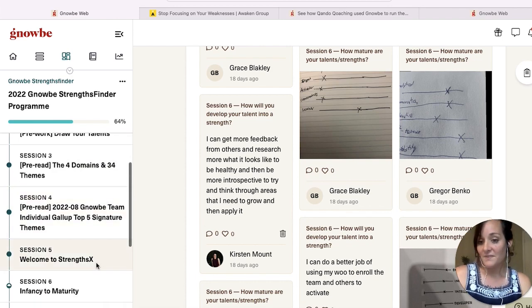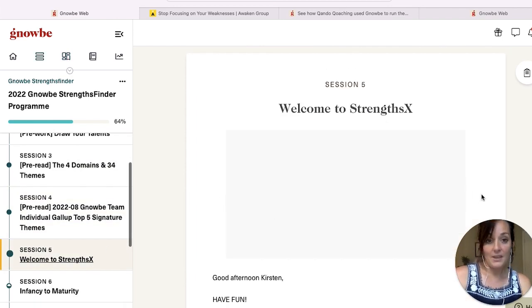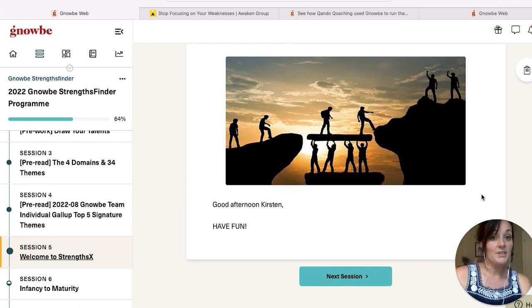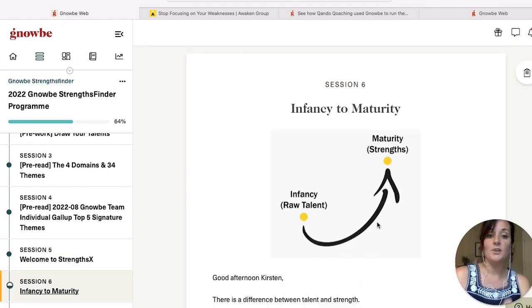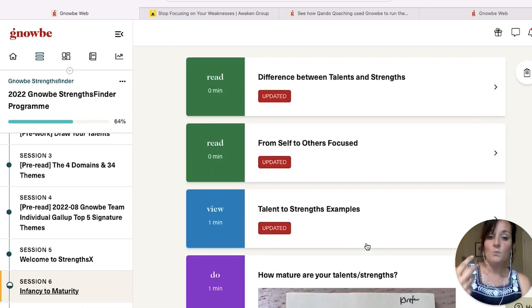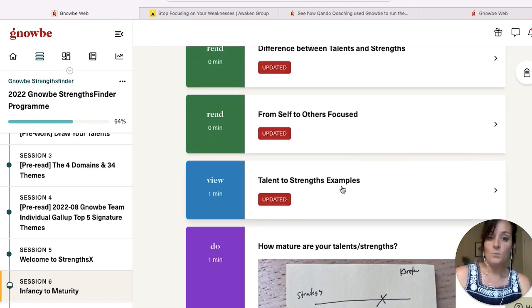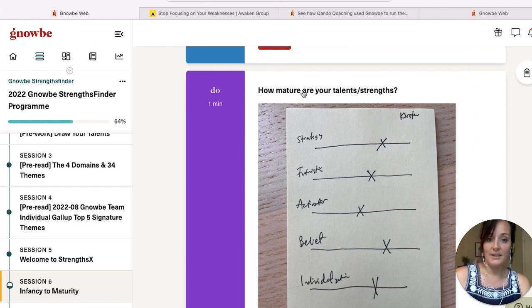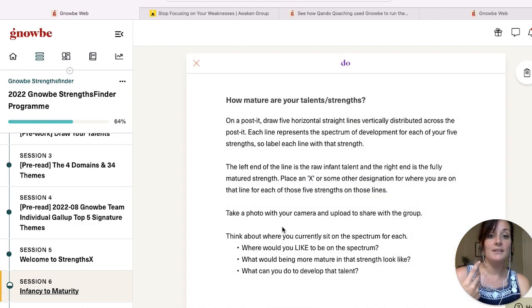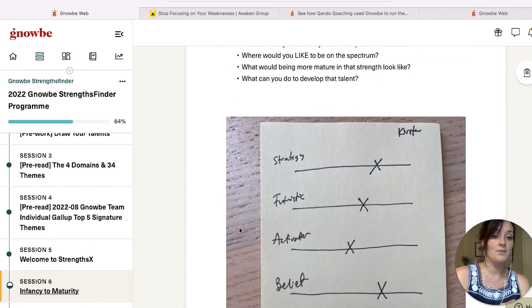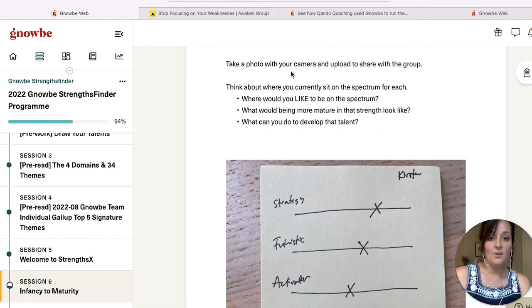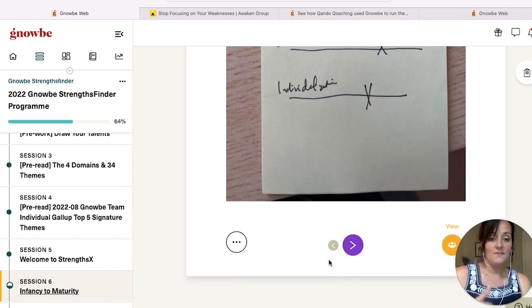Then during the event itself, they used Gnowbe as a presentation tool. So even though it was over Zoom, they shared their screen and walked through this program. As they walked through it, they would pause at different points, like here, for example, and Gnowbe allowed them to actually interact with the people. This one said, take out a Post-it note, do this activity, then upload a photo and share it to